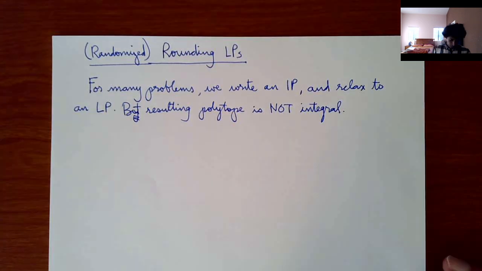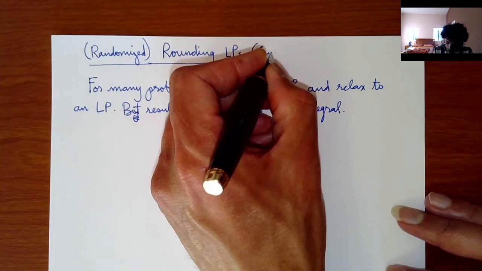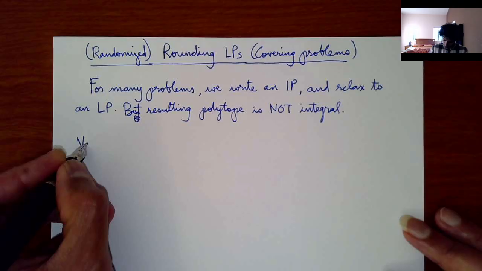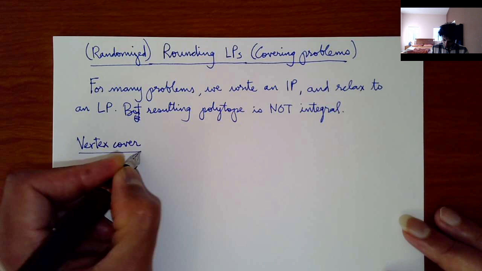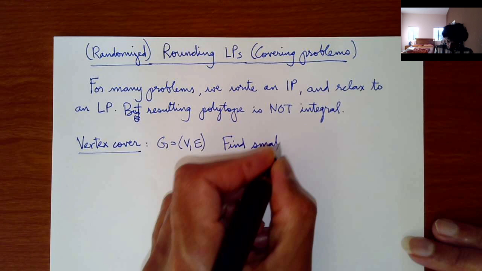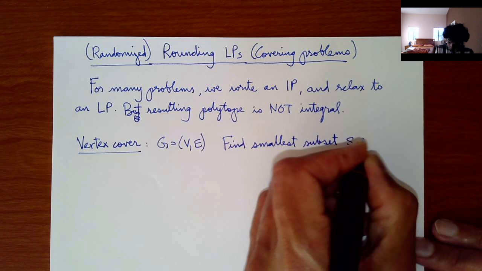For this lecture, specifically, I'm going to consider a class of what are called covering problems, because this is a very good vehicle to explain the concept of rounding. So let's start with a classic problem, and this is vertex cover. You're given a graph, a simple graph G of V comma E. Find the smallest subset S subset equal to V such that